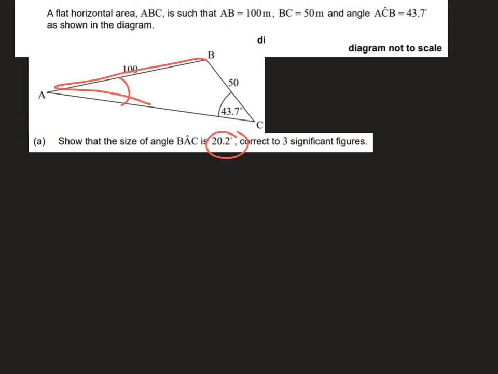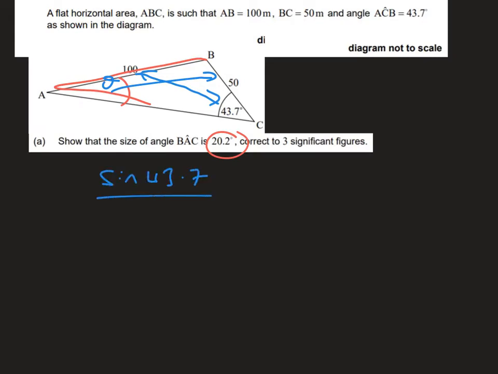Correct to 3 significant figures. So the key thing to notice here is that we have two pairs of information. We have an angle and the side opposite, and here we have the side and we're trying to find the angle opposite. So here we're going to use the sine rule. We want to have the unknown at the top, which is the angle. So the version of the formula we're going to use is sine